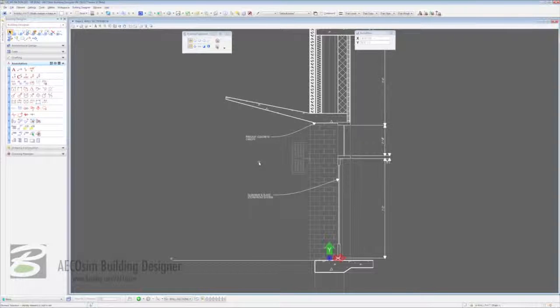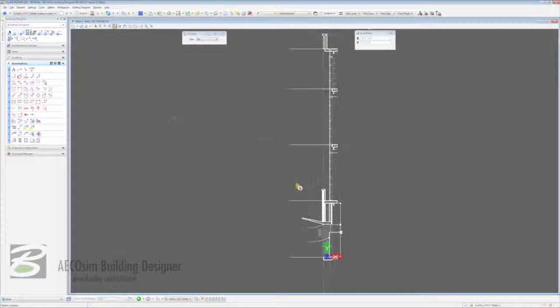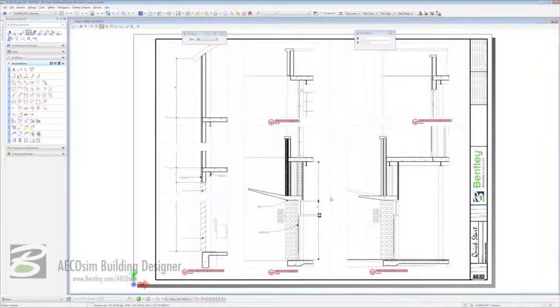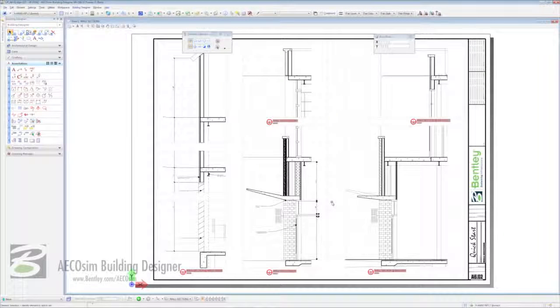Because what we can do now is draw back on this and look for the marker, come in here and look at this, and come back to our sheet. And if the efficiency gains weren't enough to start with, we have everything that we'll ever need to communicate our design from our building information model. So be it assembling the sheet, placing the dimensions, placing the notes, placing any notation you want, Building Designer comes through for you every single time because it reduces the mundane aspects of your work to allow you to concentrate